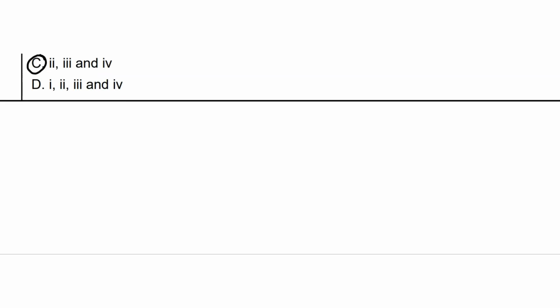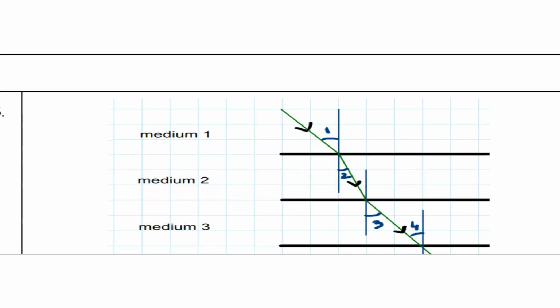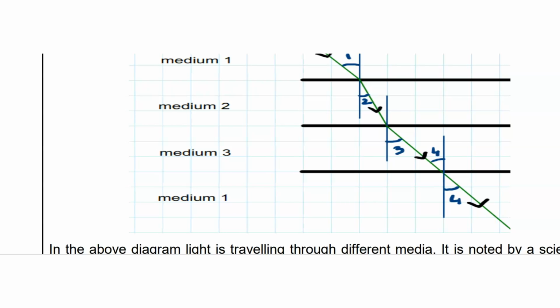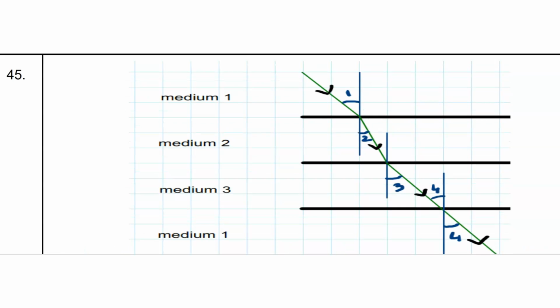Okay, now let's move to the next question. This is an interesting question, but a bit tough. Anyway, if you know the convention, when light travels from air to glass or glass to air, how will be the bending? Okay, so if you know this, we can easily crack this question. Question number 5. They have given different mediums. This is medium 1, 2, 3, and this is 4. Okay, the two mediums may also be the same.